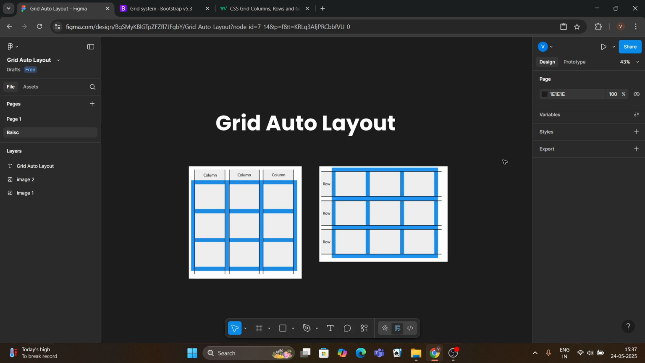Today we are diving into one of the freshest and most exciting features released by Figma: Grid Auto Layout. Figma dropped this feature on May 7, 2025, and guess what? It's still in open beta, which means anyone with a full seat on any plan can try it out. And yes, even I'm using the free plan for this demo, so don't worry if you want to follow along without